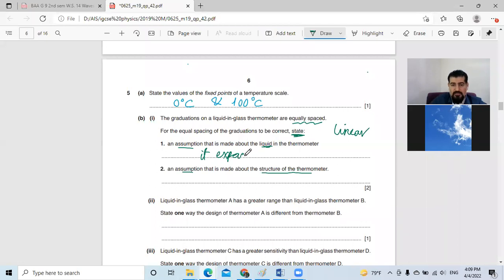uniformly with the temperature. Now, number 2, about the structure of the thermometer, the capillary tube has a constant cross-section area,